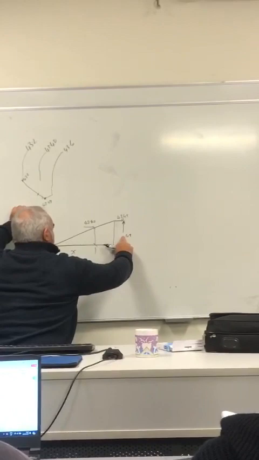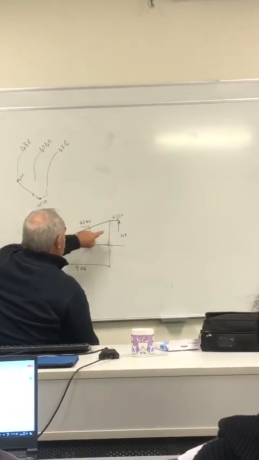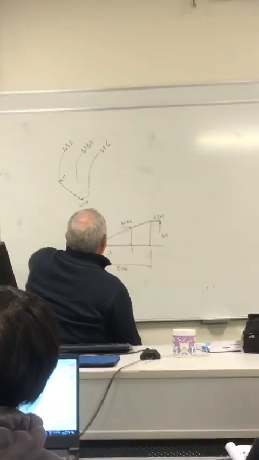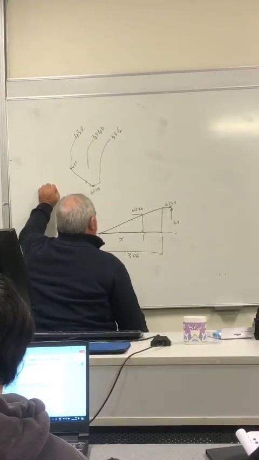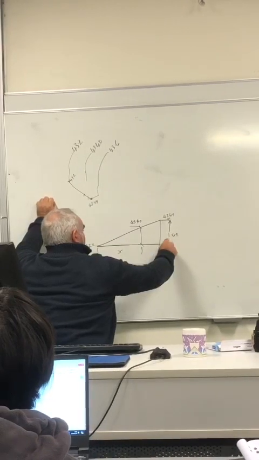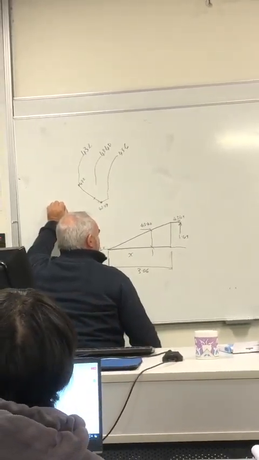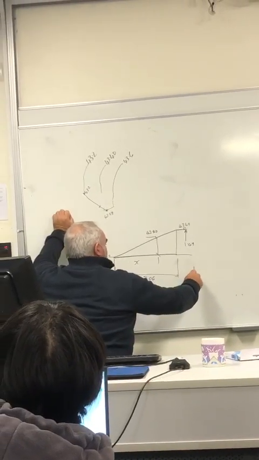Is that right? From 2 to 49 is 1.49, right? All right there? Yeah. So it's 1.49